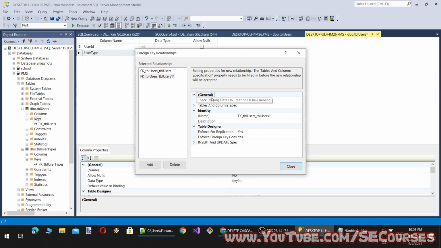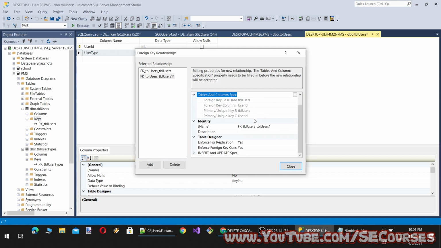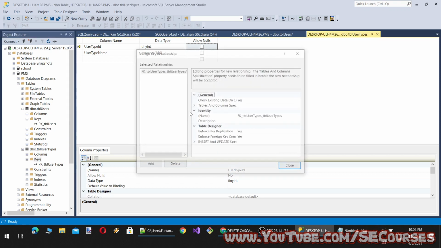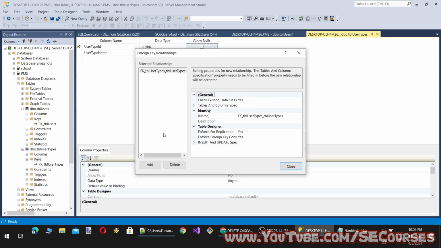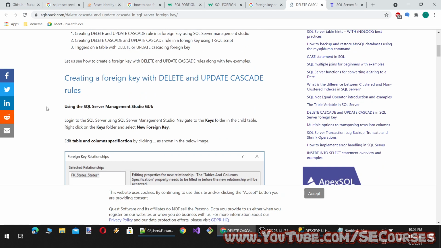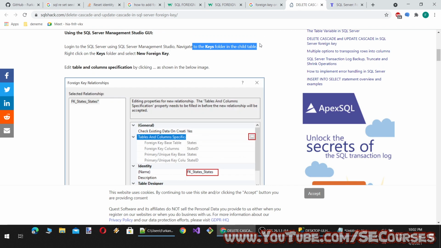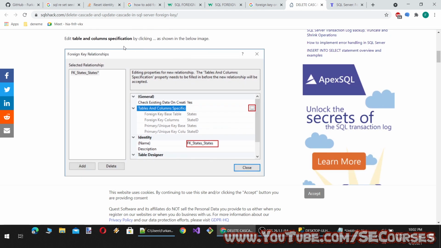So let's add a new foreign key. Foreign key base table. No, not this one. Let's delete them. Okay, let's see the designer. So we navigate to the keys folder in the child table, right click the keys folder and select new foreign key.